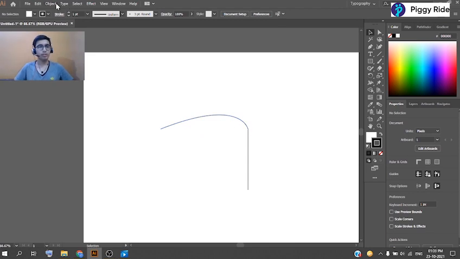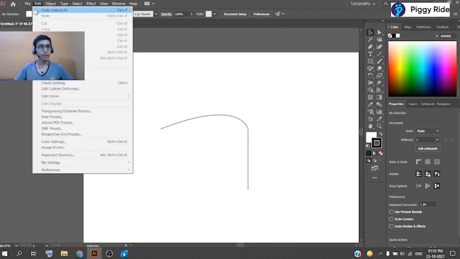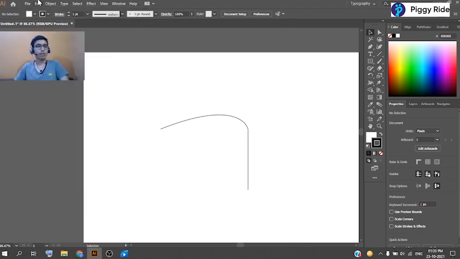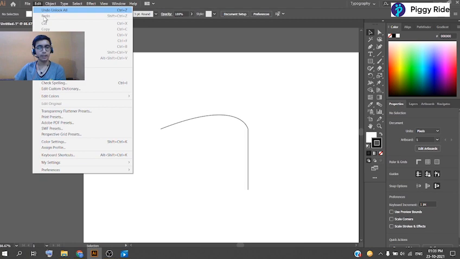With that, we have file. In file, we can create a new template or new from template, open a recent file, save, different options to save, export our artboard, and like that. We can also set up, with that, the next panel, the edit panel. As the name suggests, the artwork that we are making can be edited from here.